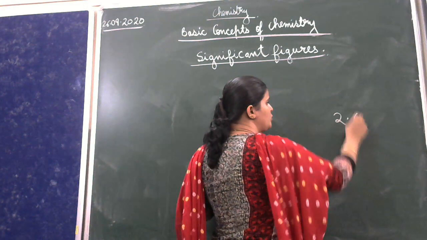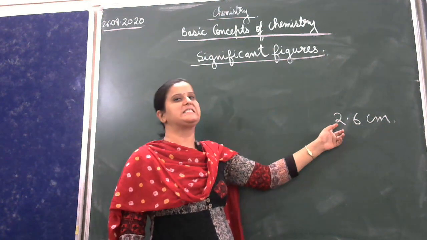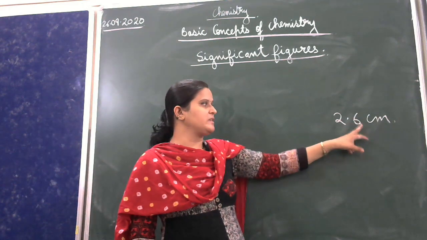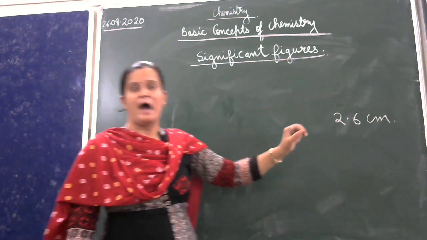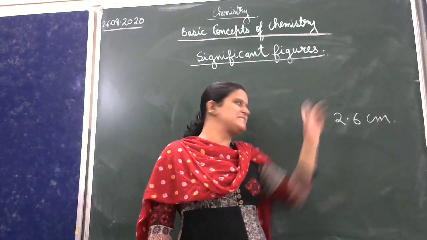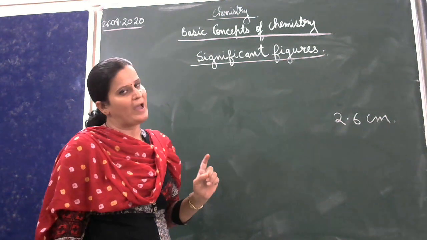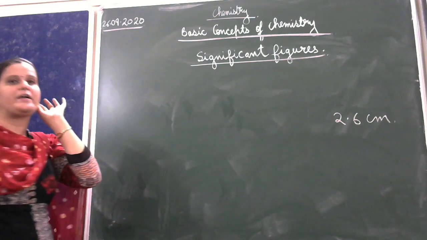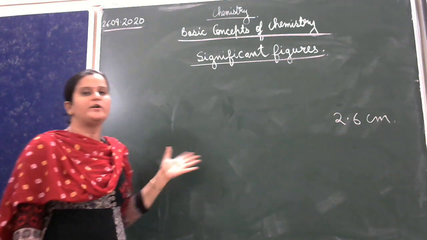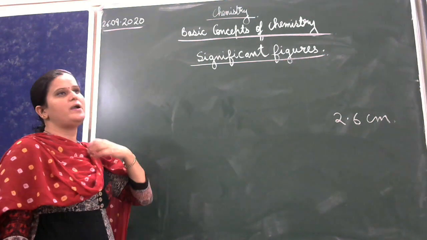You have measured the length of the pencil as 2.6 centimeter. 2 is definitely certain, but this last digit we call uncertain, because you have measured 2.6. Suppose when I am measuring, I think it's slightly greater than 2.5, but it is less than 2.6. So what does this last value mean? It means it is an uncertain value. And in significant figures, you are supposed to calculate the significant figures for different numbers. And there are certain rules for that. For this type of number, how many significant